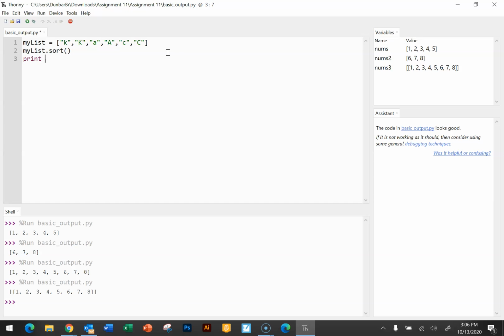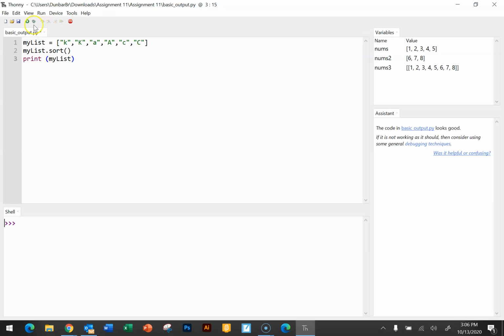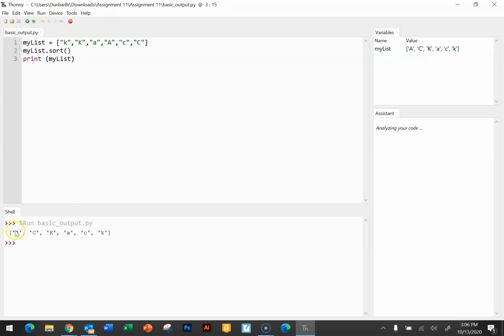So if I print my list, watch the result I get. Capital A, capital C, capital K. So you might look at this list and then logically, based on what you know of the rules of the English language, you would probably be more likely to put capital A, capital C, capital K, little k. But all of the capital letters